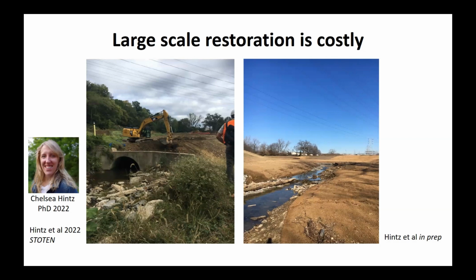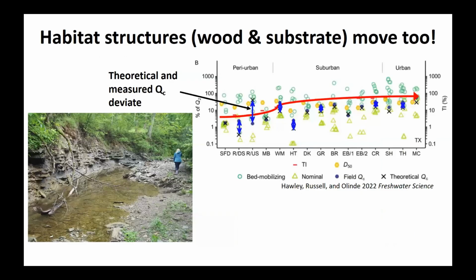We can't obviously do this at the grand scale over the entire watershed, and the urban setting restricts any large-scale, major changes in these streams. So what can we do, and how can we manage water in these systems? One feature that we think about is habitat. Habitat in streams is a critical thing for the organisms that live there, but we also think about erosion. We don't want lots of sediment moving across the landscape